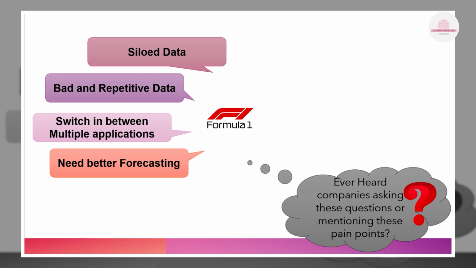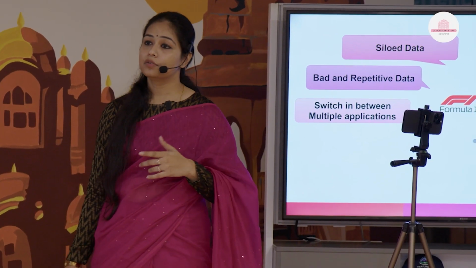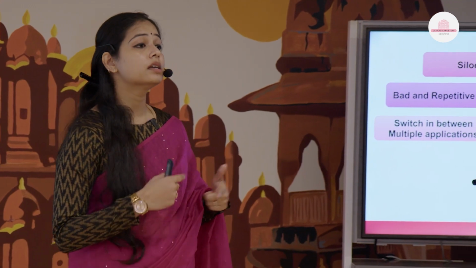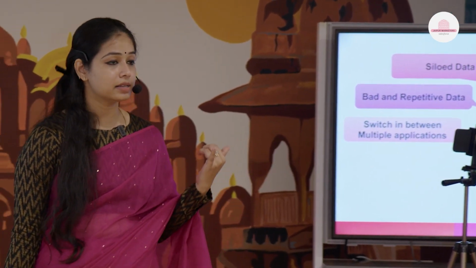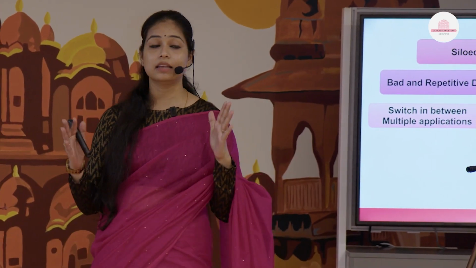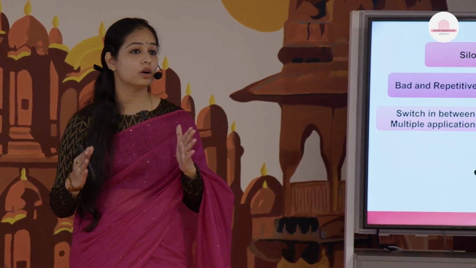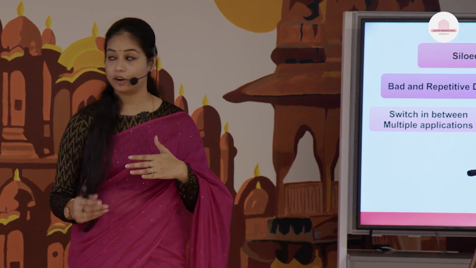Switching in between multiple applications. This is in respect to the service representatives. For virtual viewers, if they got any issues during a live telecast, they were not able to reach Formula One service representatives because the turnaround call time increased so much. They were not able to cater to their loyal customers, as they did not have any interface which could tell them which caller is calling and how it has to be prioritized.